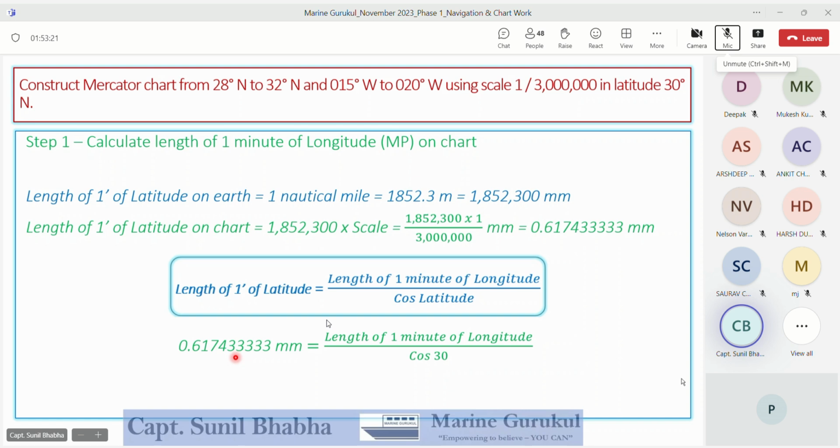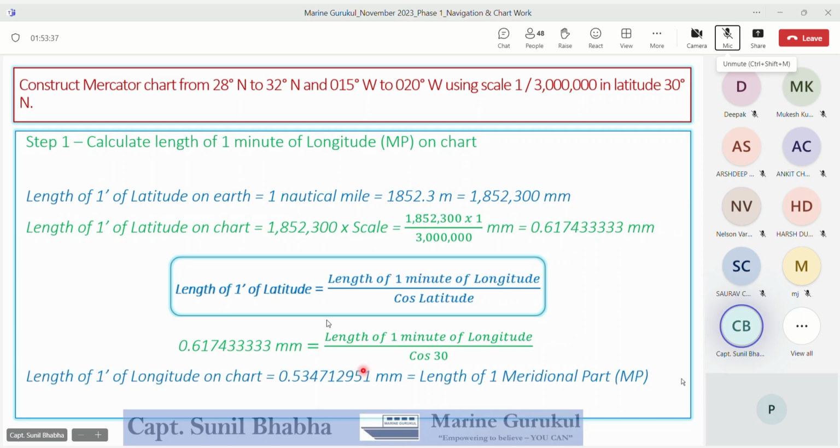So putting the values here, 1 minute of latitude was 0.61743333, which is equal to the length of 1 minute of longitude, which we will be calculating now, divided by cos of latitude, which is cos of 30. So using these two values, we get the length of 1 minute of longitude on the chart, and it comes to be